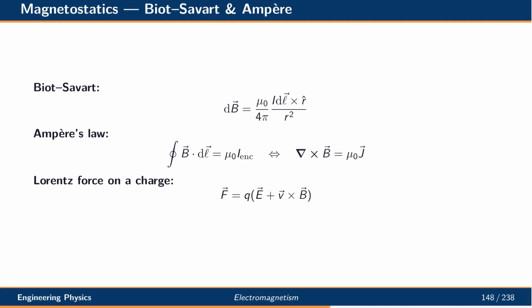The Biot-Savart law gives the magnetic field of a current element as a cross product divided by distance squared. Ampere's law states that the line integral of the magnetic field around a closed loop equals the enclosed current times mu0. In differential form, the curl of the magnetic field equals mu0 times the current density. The Lorentz force on a moving charge combines the electric and magnetic contributions and is the basis of all charged